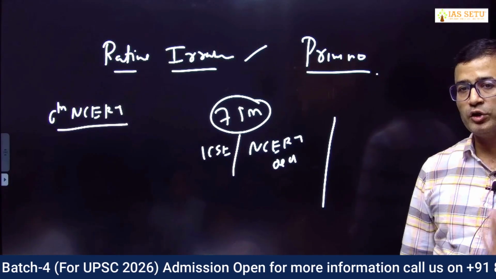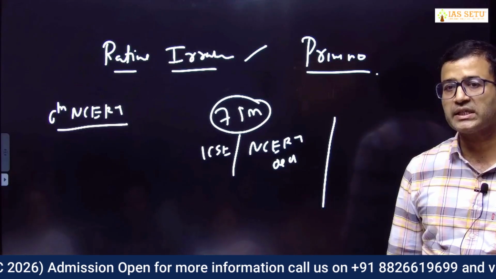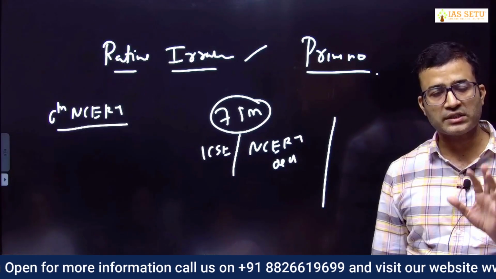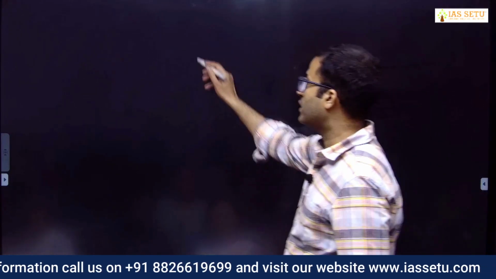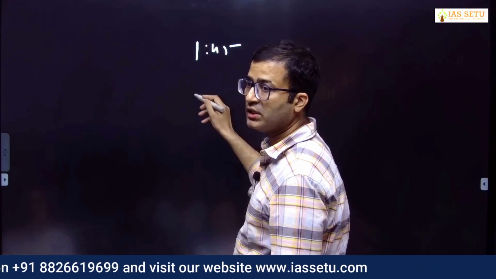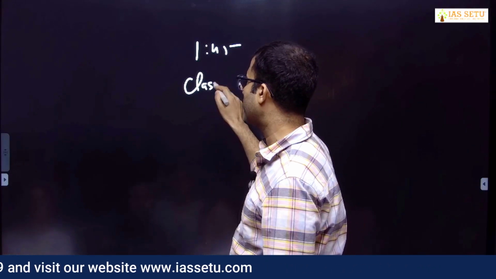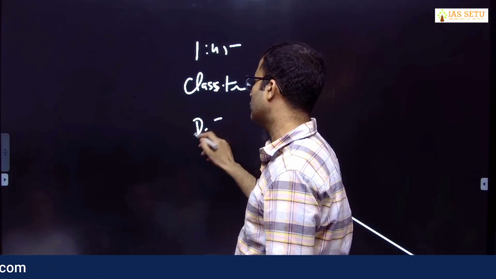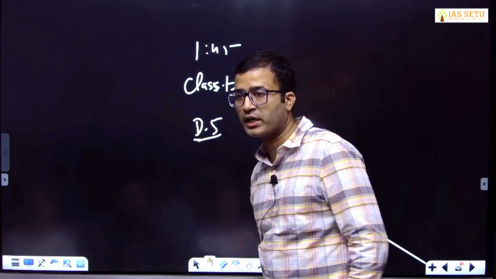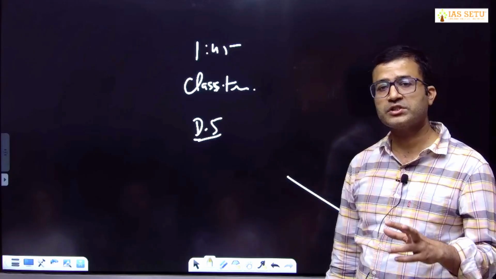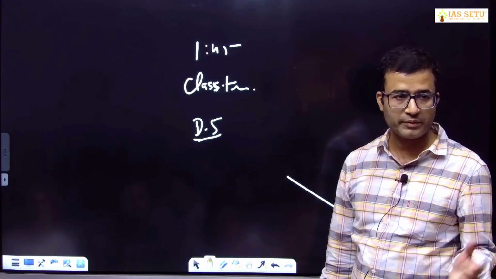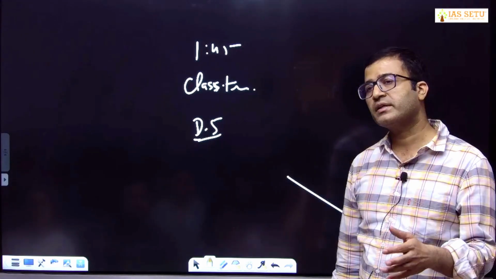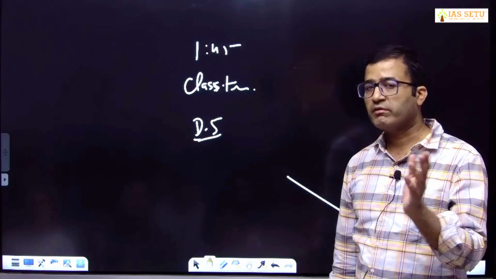Starting 1 week we will do basic classes, so we will not have class test. After 3 or 4 classes, what will be our idea? 1 hour 45-minute lecture, then there will be a class test for 5-10 minutes, then I give the answer key, after that there will be a doubt session। फिर ऐसा शेड्यूल रहेगा। And after 2 weeks we will start your weekly test also। अभी तो बेसिक चल रहा है, तो maybe next week onward there will be weekly test।